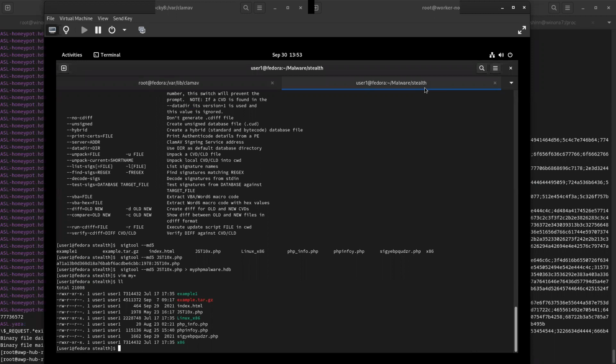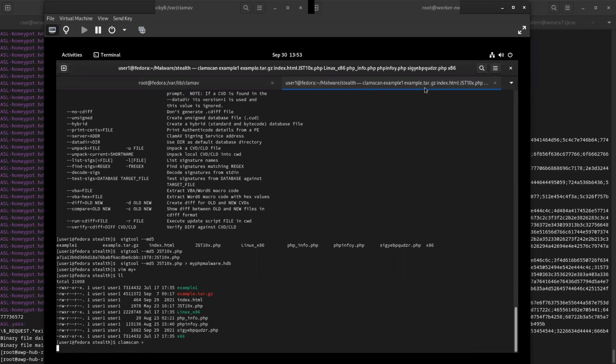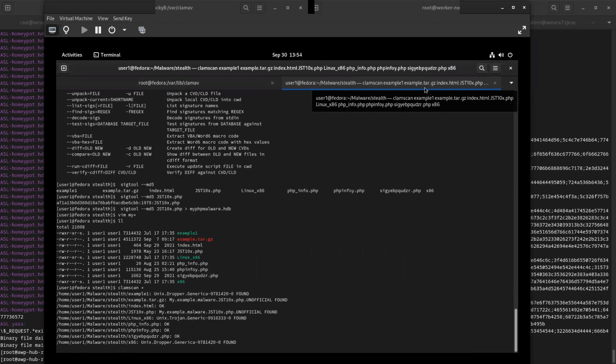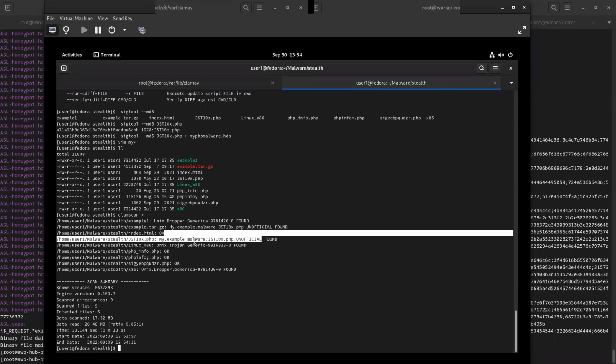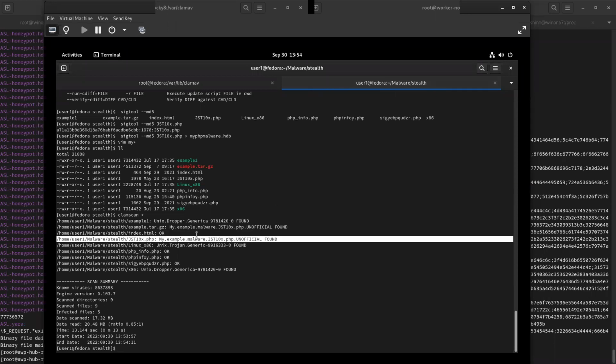I could cherry pick, by the way, a specific database with this. clamscan star. So it loads this sucker up. Now, a pro tip: just grab all of your malware SIGs and glob this, and it will create it. And you can see, bam, right there, I've got a hash signature on this. Let's do that again though, and look at some of the other options we can get into on this.